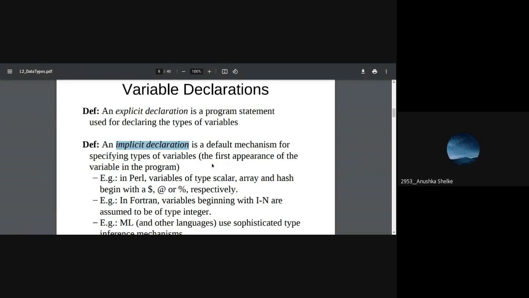Ma'am, in Python, when we accept inputs from the user, it is in the form of string. So even numbers are considered as string. So if we want to convert them, then we have to typecast. Yeah.